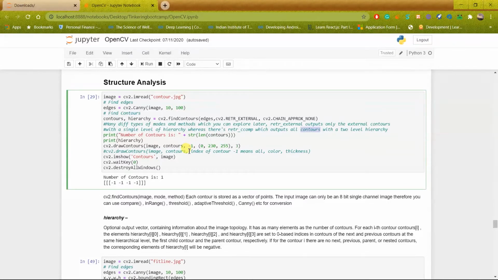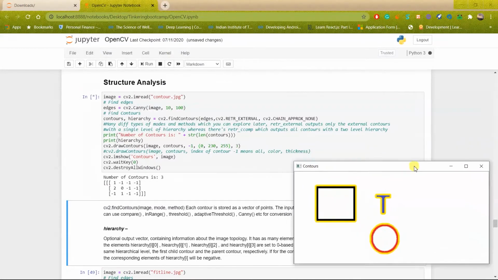So -1 means draw all the contours which are given as output. You can also use 0, 1, 2 like you do while using lists or strings, and select which contour out of the list of contours outputted by find contours to draw. Then I specify the color and then the thickness.